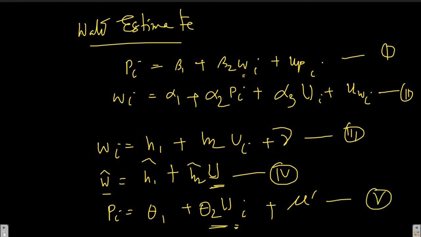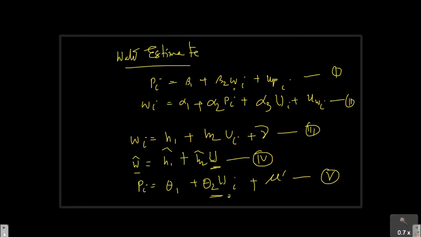Now what I get, my H2 hat and my theta 2 hat, what do they really represent? Here what I'm doing is I'm actually estimating my Pi. So I get, let's say, P hat. If I estimate P hat, it is going to be theta 1 hat plus theta 2 hat into U, right? So my error term is gone. Let's say this is equation 6. So this is a fitted equation. Now look at equation 6